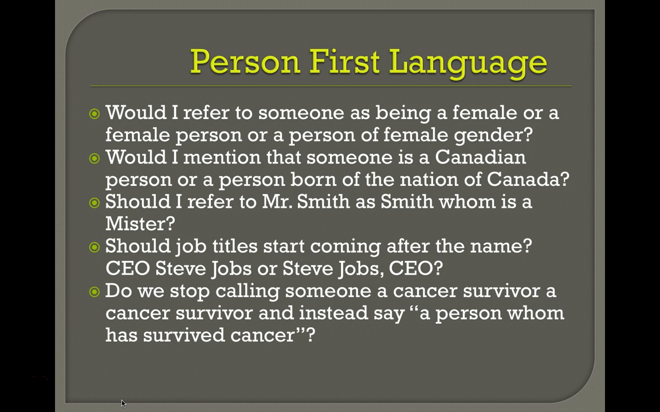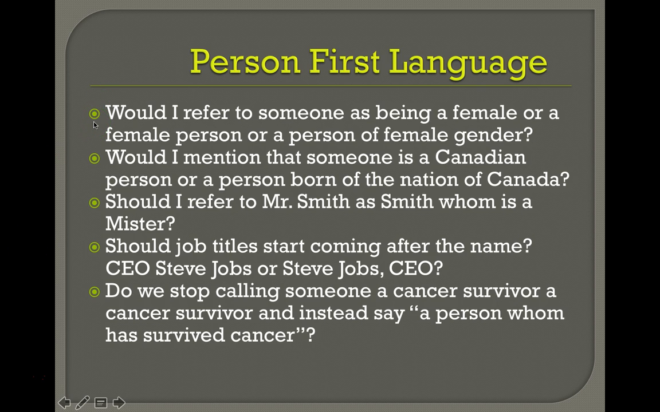And some folks feel as though it's maybe not as appropriate, while others would argue that it is. So I want you just to take some time to think about this. This was recently brought to my attention, and I thought it was really interesting. For example, would I refer to someone as being a female, or a female person, or a person of female gender? And some people will argue, again, if you use the same logic with someone with a disability,